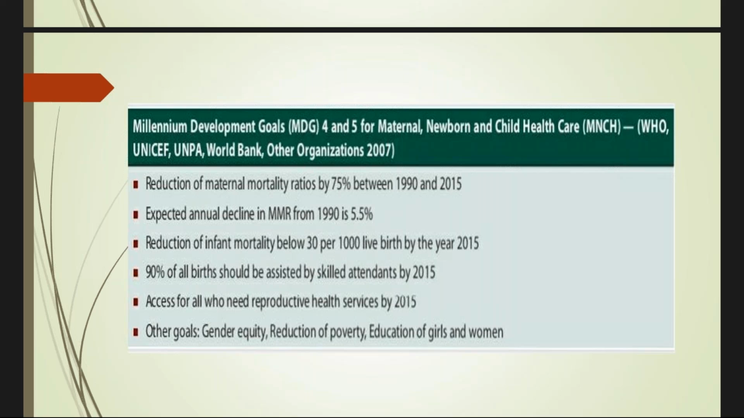Millennium Development, we all know about the Millennium Development Goals. These MDGs 4 and 5 are concerned with maternal, newborn and child health care. They include reduction of the maternal mortality ratio by 75%, with an expected annual decline in the maternal mortality ratio of 5.5%. Reduction in the infant mortality to below 30 per thousand live births by the year 2015, and 90% of all births should be assisted by skilled attendants. Access for all who need reproductive health services, and other goals include gender equality, reduction of poverty, and education of girls